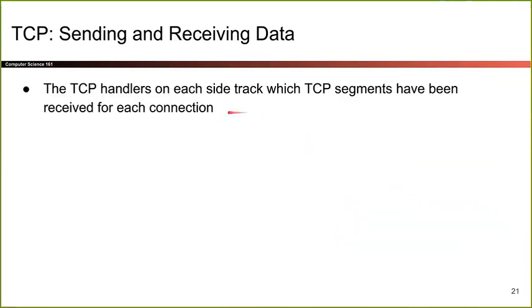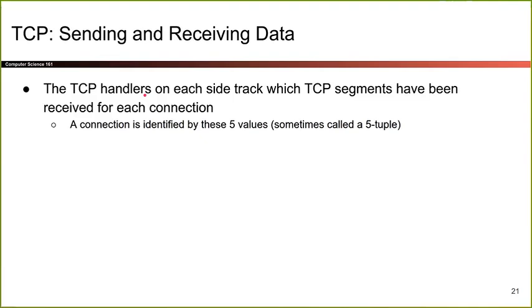So for every connection, there's generally like a TCP handler, and usually the operating system does this for you. And the handler or the operating system will keep track of every different TCP connection. So every computer can have different TCP connections running at the same time. Again, I can run Zoom, Firefox, Slack, etc.